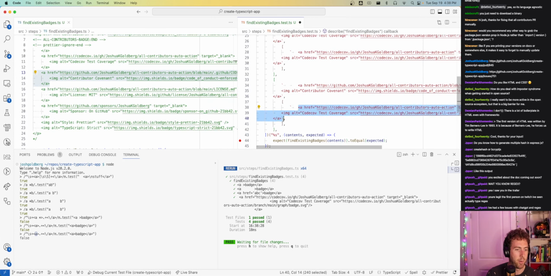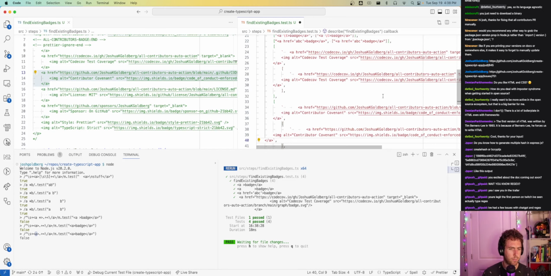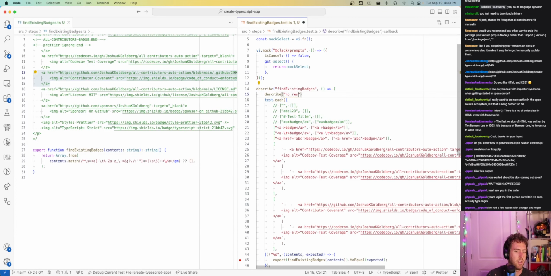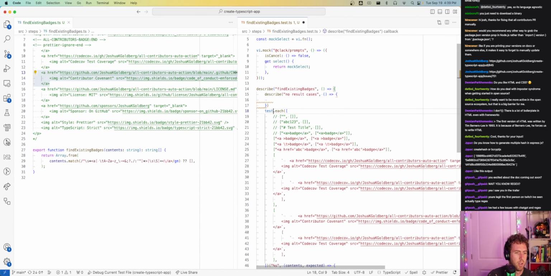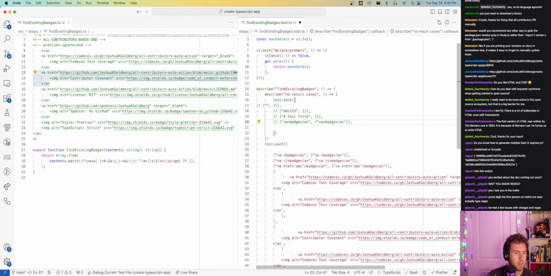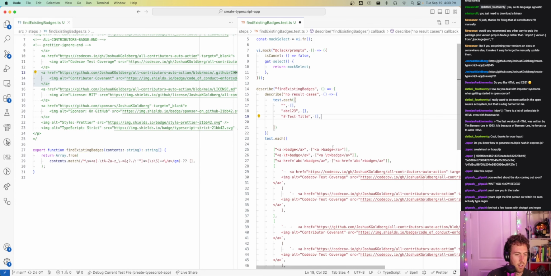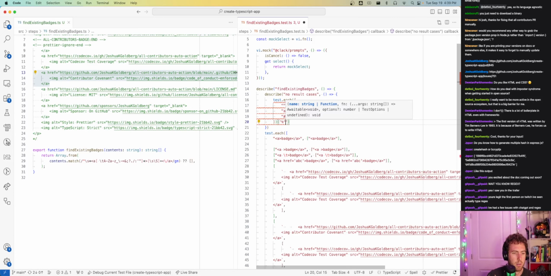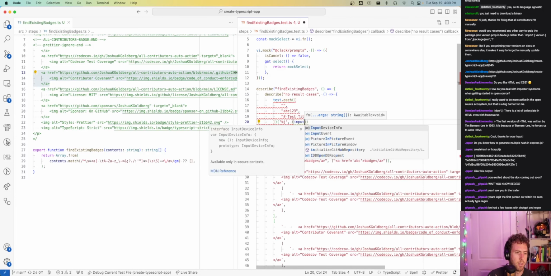See, this is a big part of why we have tests. Also, I'm like, oh, this is annoying copying and pasting them out. Let's do describe no results cases for these. So now I can just say these have no results. Oops, that's not a no result. That's a result case. Input, and then I can say